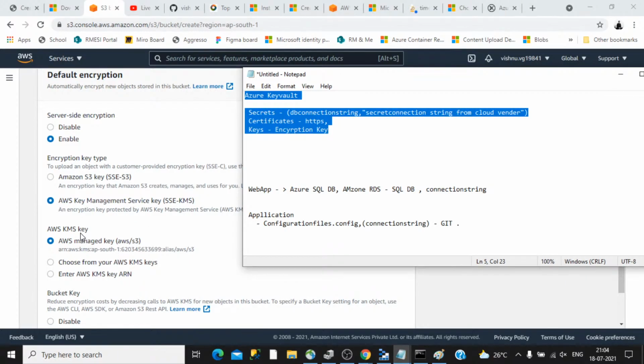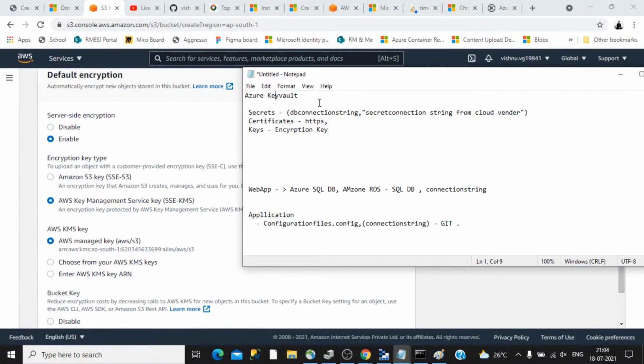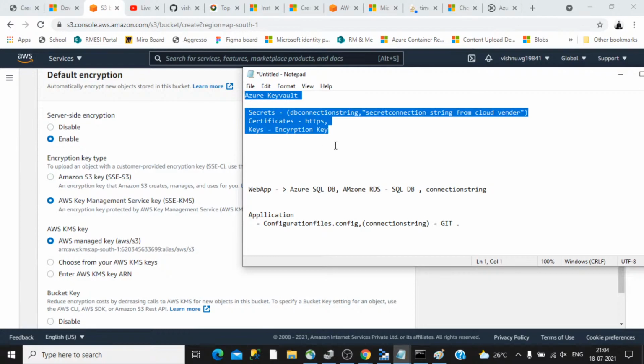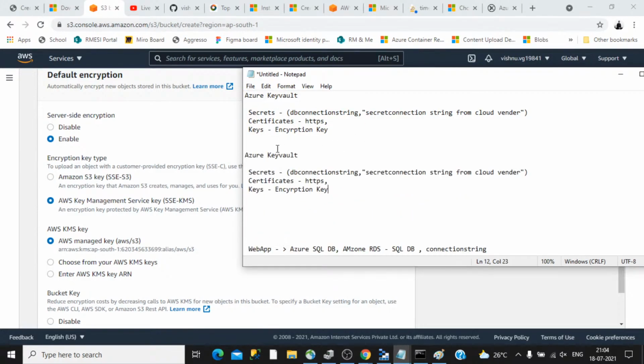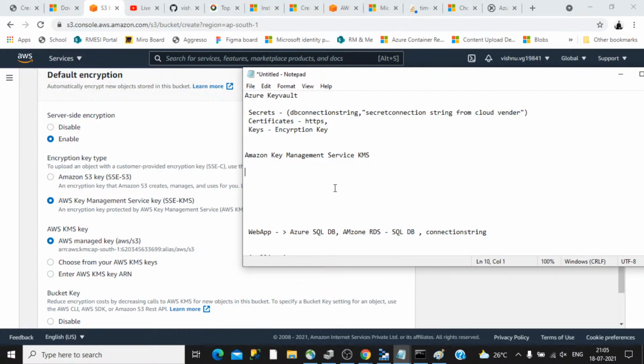I think Amazon doesn't support accessing Azure Key Vault directly, but the other option is Amazon Key Management Service, or KMS, and your application can access the particular key from this location.